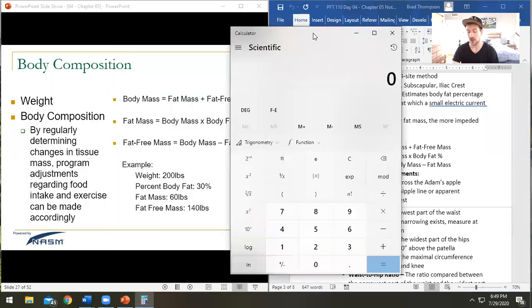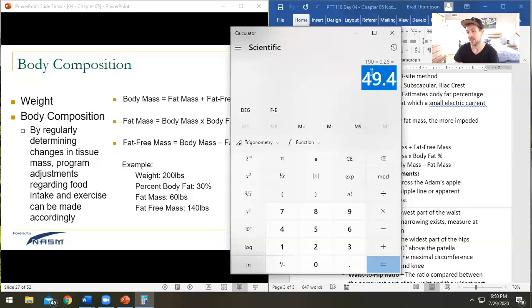So they come down to 190 pounds, but we find that their body fat percentage has also dropped pretty drastically. Let's say it's dropped all the way down to 26%. So now we're going to multiply that by 0.26, which means now they have a fat mass of 49.4 pounds,